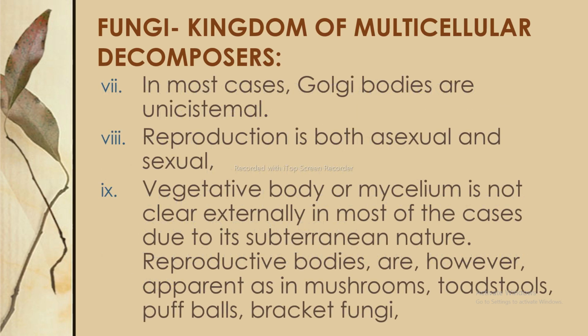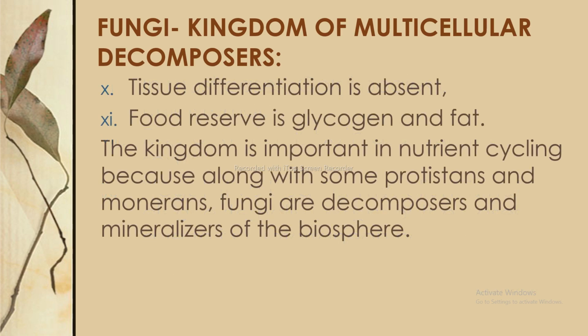In most cases, Golgi bodies are unisystemal and reproduction is both sexual and asexual. Vegetative body or mycelium is not clear externally in most of the cases due to its subterranean nature. Reproductive bodies are however apparent as in mushrooms, toadstools, puffballs, bracket fungi. Tissue differentiation is absent. Food reserve is glycogen and fat. The kingdom is important in nutrient cycling because along with some protistans and monerans, fungi are decomposers and mineralizers